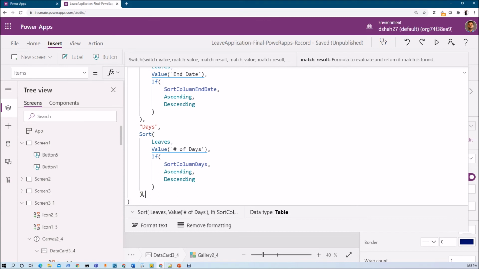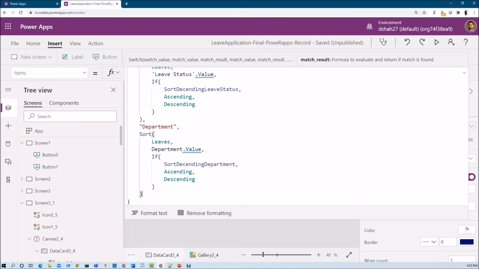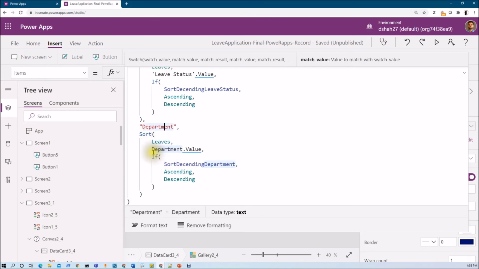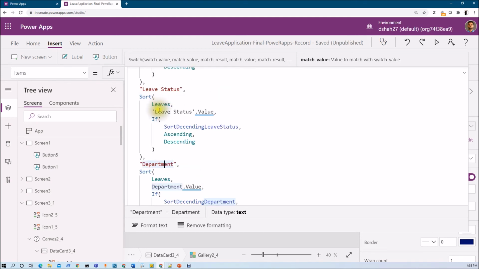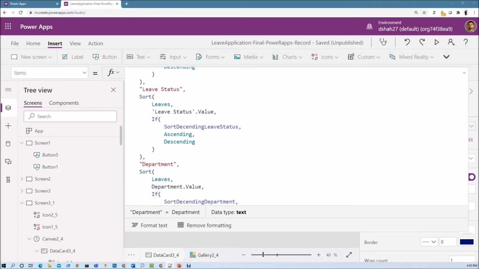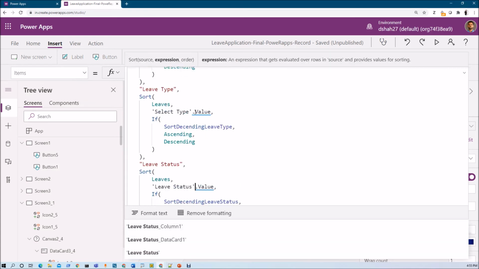Let me press comma and add the code for the department, that is the department dot value and the variable that we defined, leave status dot value and the variable that we defined, right? And now same way for status, department and leave type.